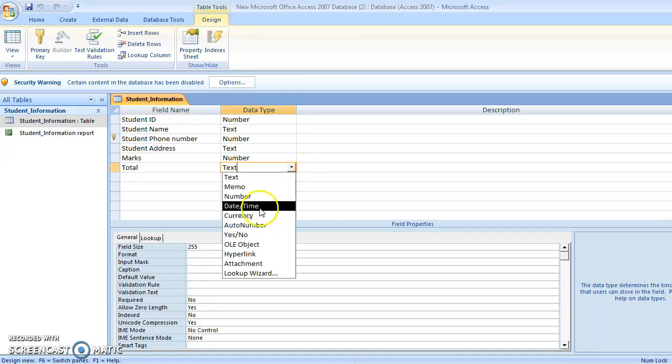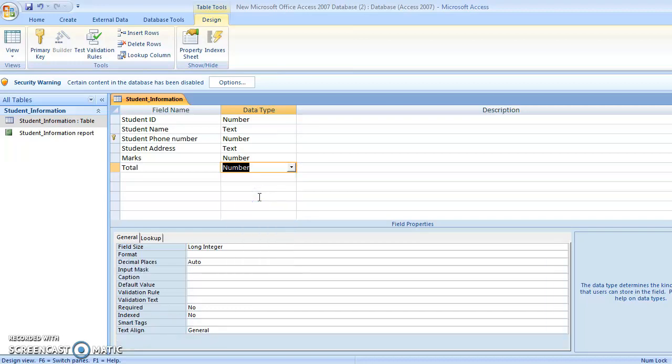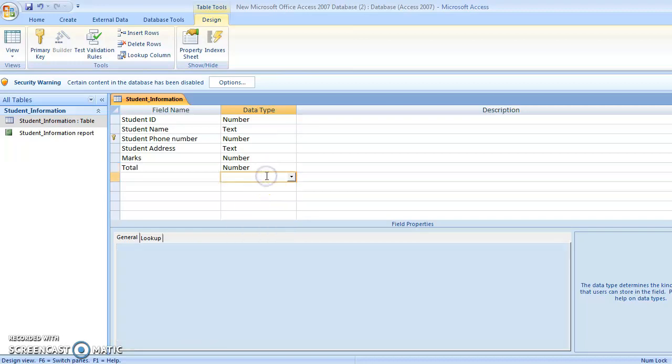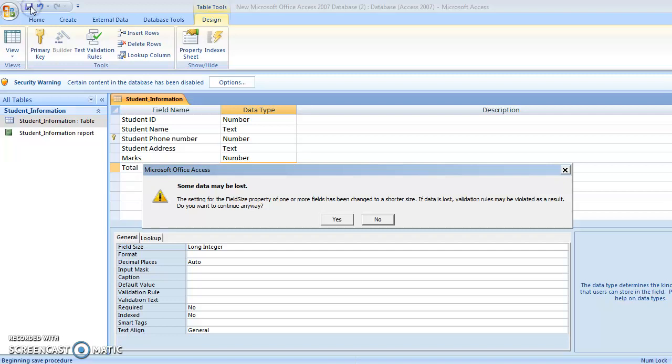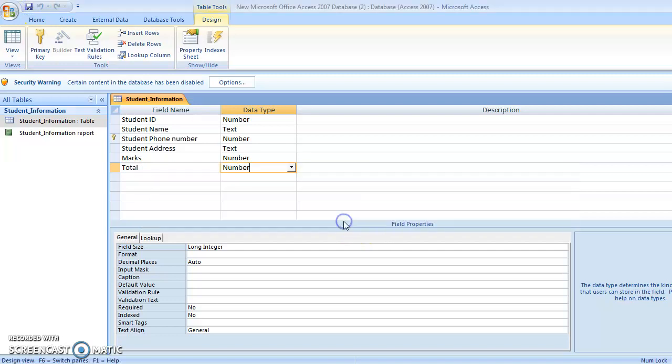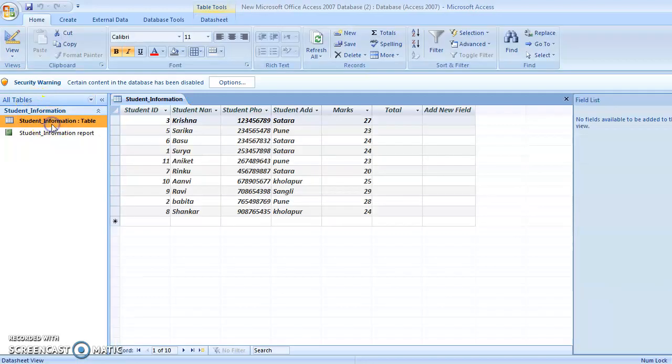It is text, and you have to change it into number because your total is a number. So change the data type to number, and save this. Save this and again open the student information table. Okay, so total is here.